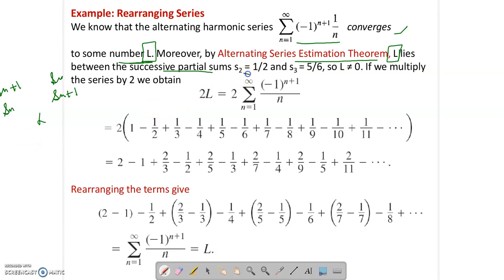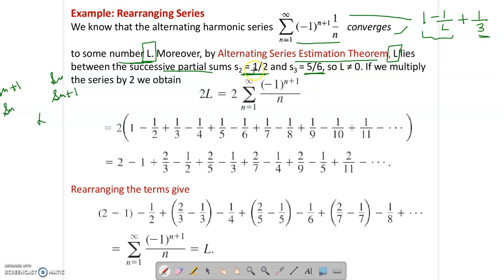Since S2 is 1 by 2 and S3 is 5 by 6, S2 is the sum of the first two terms of the series 1 minus 1 by 2 plus 1 by 3, like this. So S2 is 1 by 2 and S3 is 1 by 2 plus 1 by 3, 5 by 6,